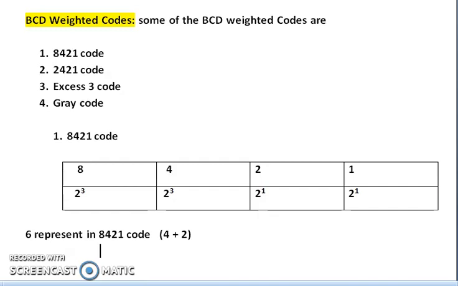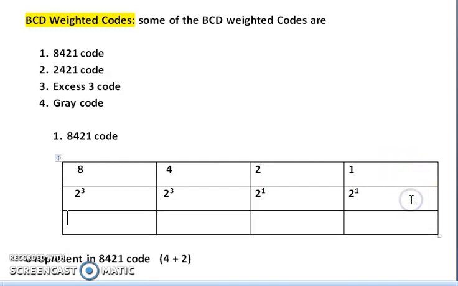So 4 plus 2 is 6, and the code is 0110. So 6 is represented as 0110 in the 8421 code.